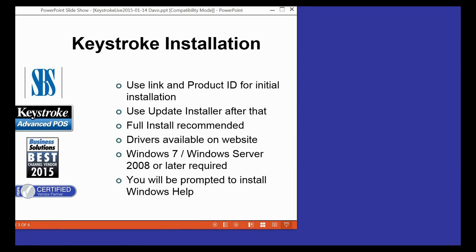Now, talking about Keystroke installation, we do send out CDs still, and if you need a CD, we're happy to send it, but typically we'll email you a link to the setup and the product ID. After that, we have the Keystroke update installer that you can use, and if I switch,